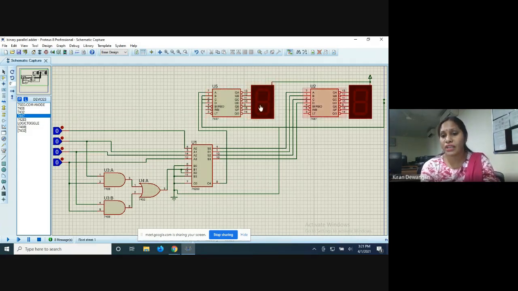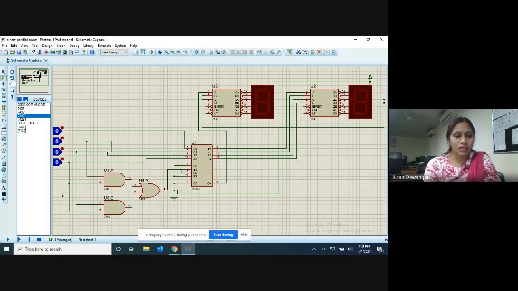I've taken 2 because we want 2 digits to get displayed here. One more 7447, and the display is a 7 segment common anode display in which we have one power input that is required to be connected. Clear? The power is required to be connected. So that is how we have designed it.